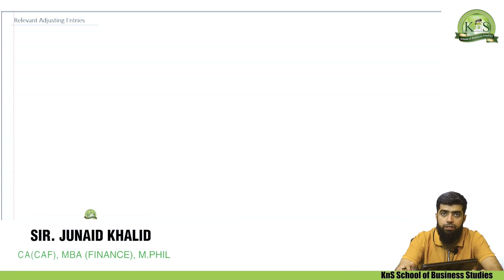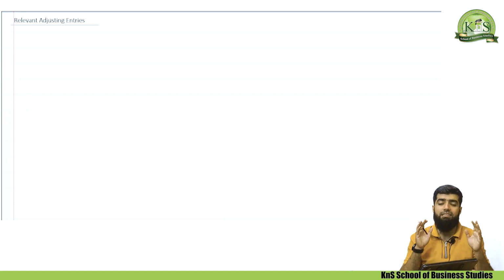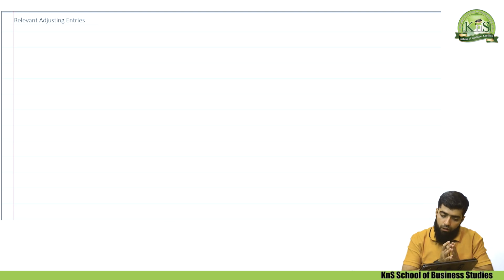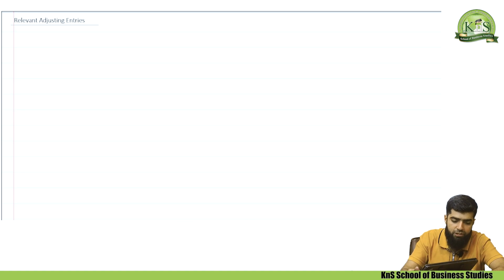Okay, in this video, we are going to discuss the important adjustments of consolidation, and we all know that consolidation is very important with respect to financial reporting or the F7 paper. So in this video, I'm going to discuss the maximum adjustments that the examiner might ask you or can test you on in your final exams or in your F7 paper. So let's start with those adjustments.